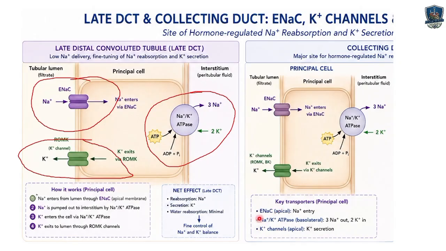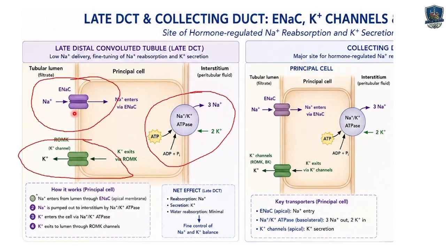As you can see here, ENaC promotes sodium entry. Sodium potassium ATPase promotes 3 sodium out to the blood and 2 potassium in, and the potassium channel will promote potassium secretion to the urine. So potassium will be secreted into the urine. There will be a lot of potassium in urine. So that being said,